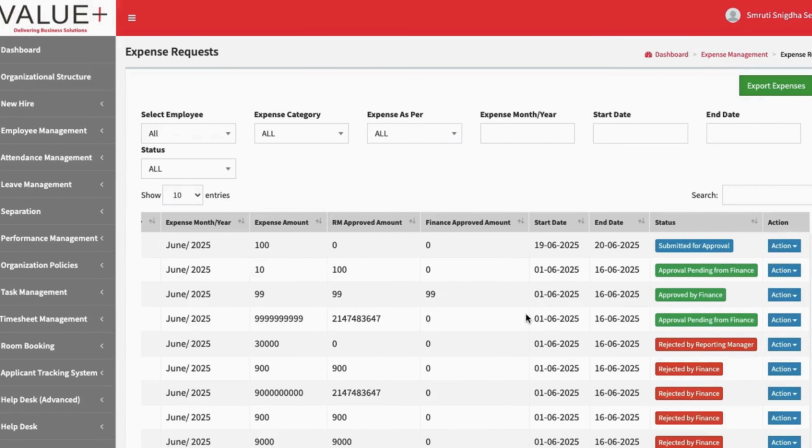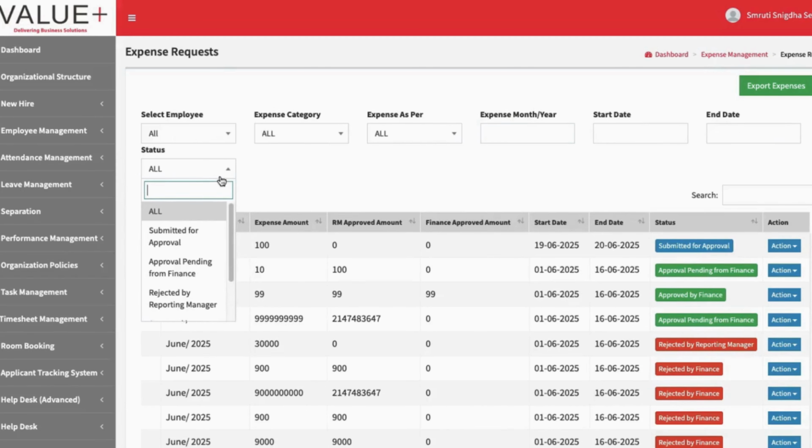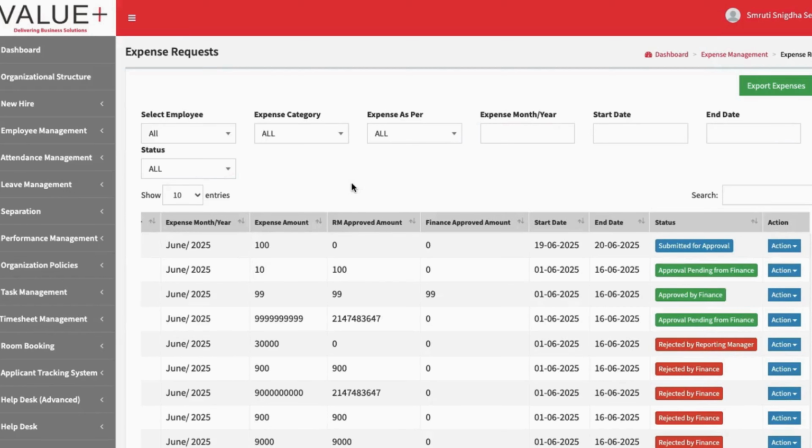Smart filters for quick access. To help you manage large volumes of expense data, IVPHUB provides smart filters. You can filter expense request by employee name, expense category, expense as per, month, year, start date, end date, and status. These filters are especially helpful for reviewing historical claims, following up on pending approvals, checking for policy adherence, auditing